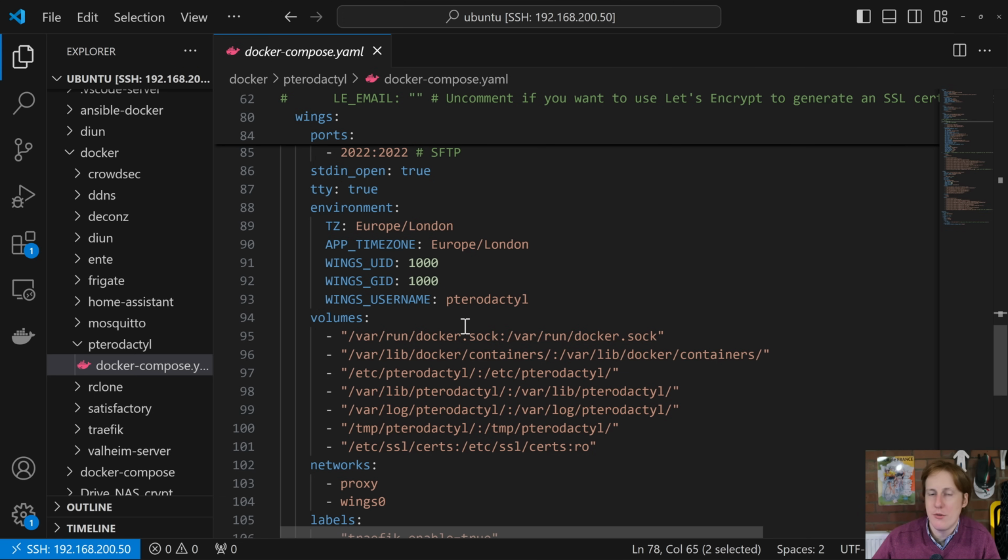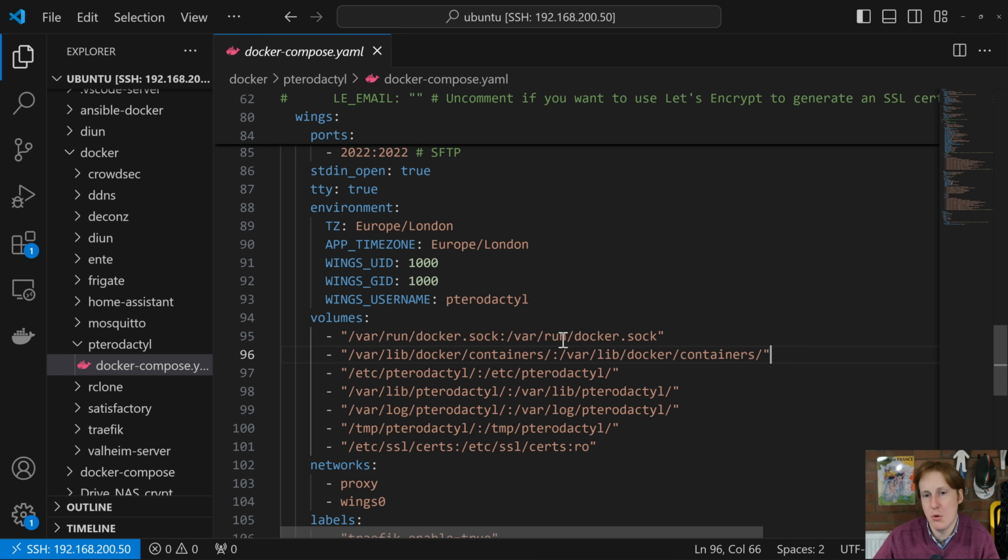And then we get onto the volumes again, which is a really important part. Now this does have the Docker sock enabled, so if this were to be compromised, that could be a security risk, so do bear that in mind. Next, we actually specify the containers for where all the Docker volumes sit. And what actually happens with Wings is, because you've given it access to the Docker sock, I'll show this later, when you spin up a server, we're going to spin up a Minecraft server using Pterodactyl, you'll actually see that because it's got control of the sock, Wings will actually spin up a new container and we'll be able to